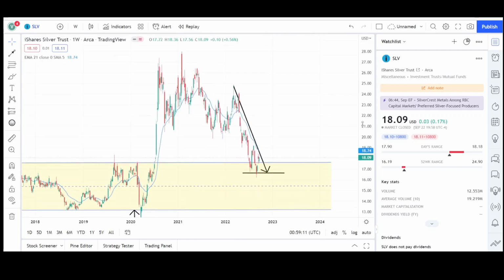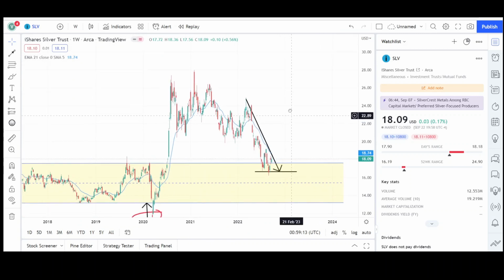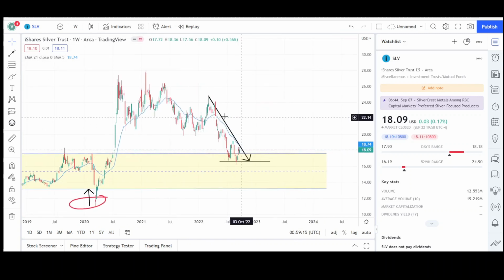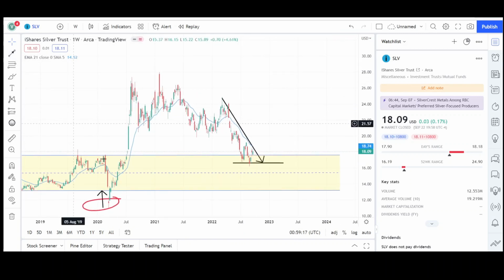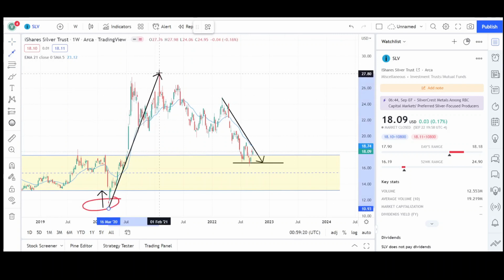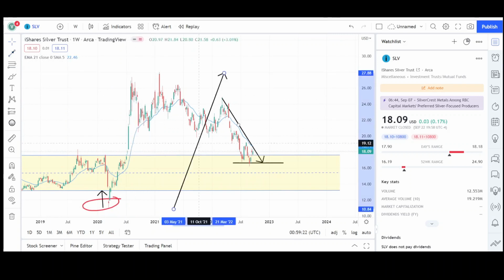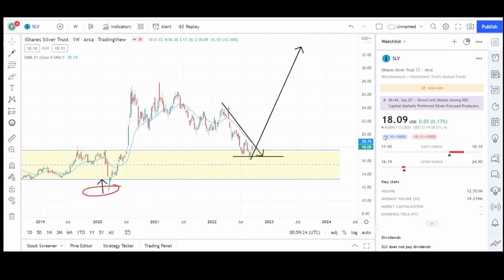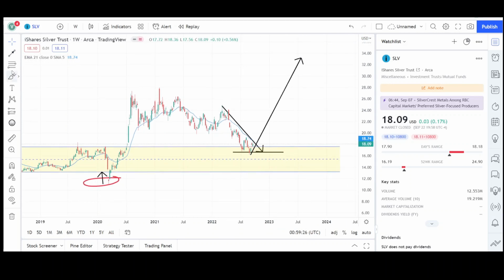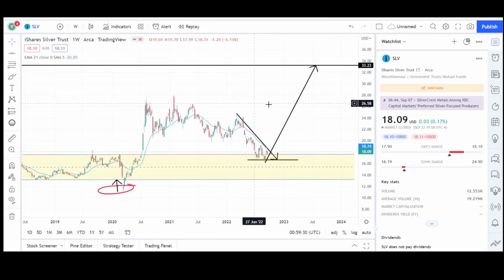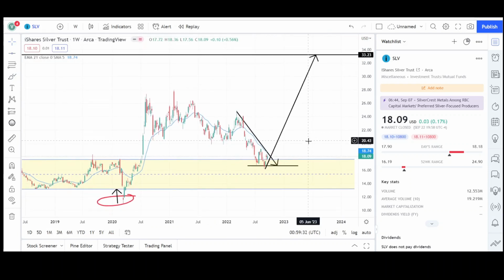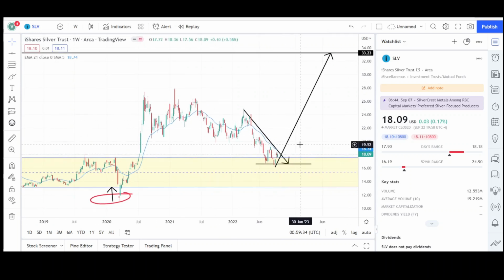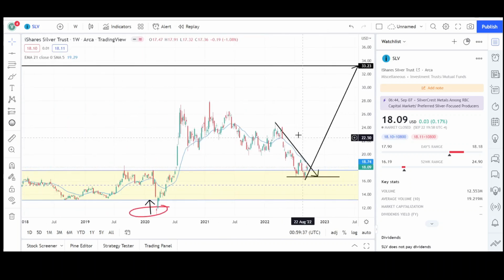So since we came back to test the breakout level, we're at the 618 level. We had 2 legs down. This could be the bottom, and if we do that, we can get another strong measured move up, and that would take us to the $33 level. So very bullish target for silver, the silver trust. We'll have to wait and see, but as right now it's too early to call,